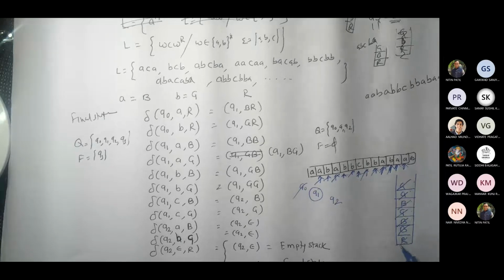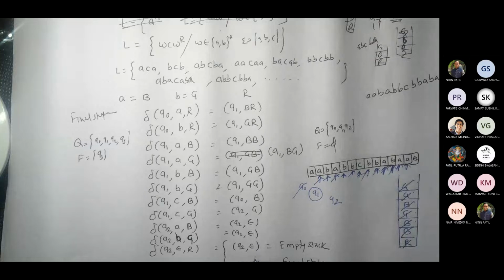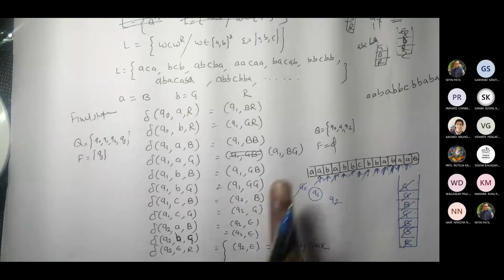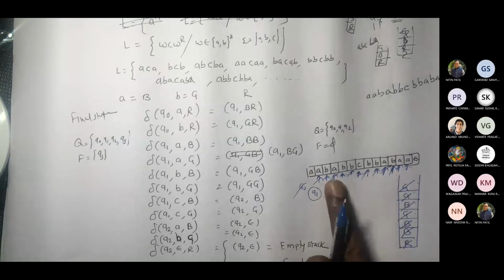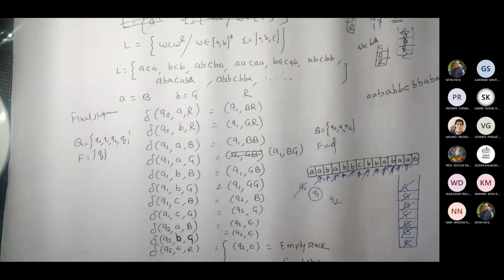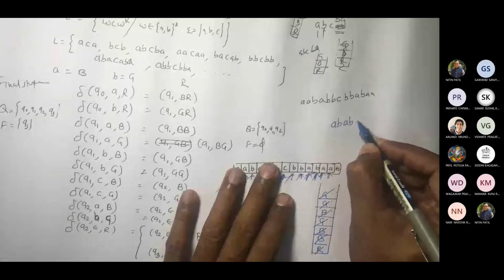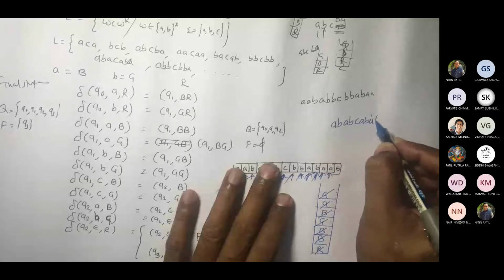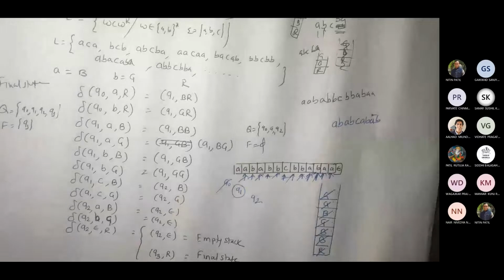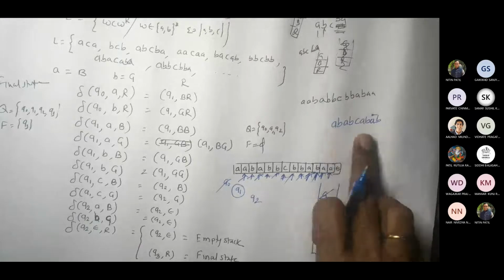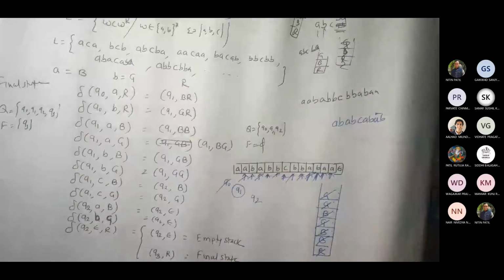Very good. So empty stack, that means you remove this, and you will end up here. If you see here, you can take any string in this form before C and it will accept. If you try to take a wrong one, so let me take this one: A B A B C A B A B. We know that this doesn't fit here, correct? But let us try.